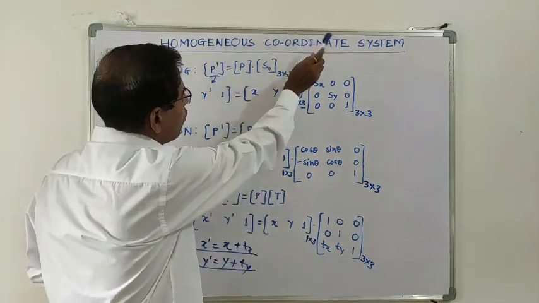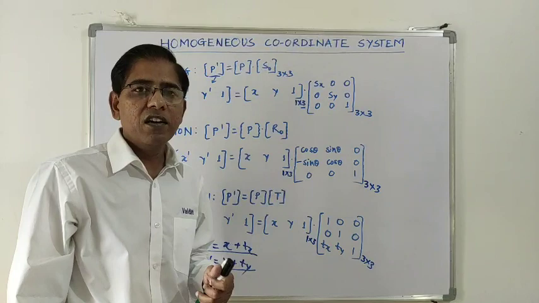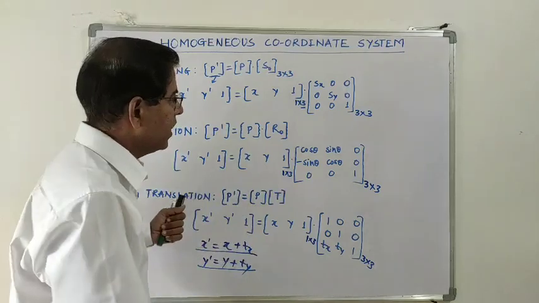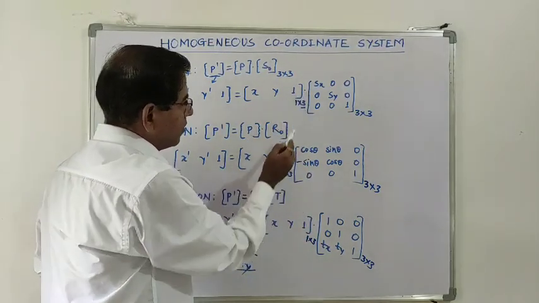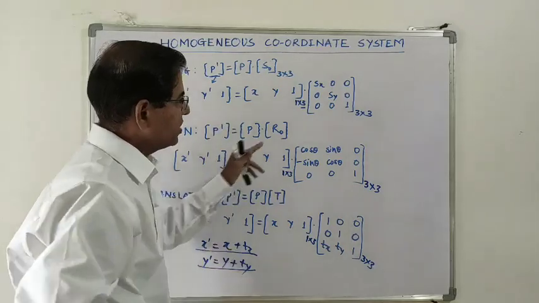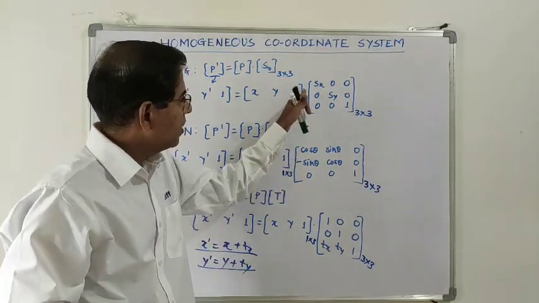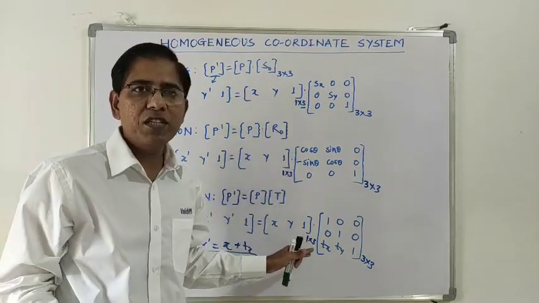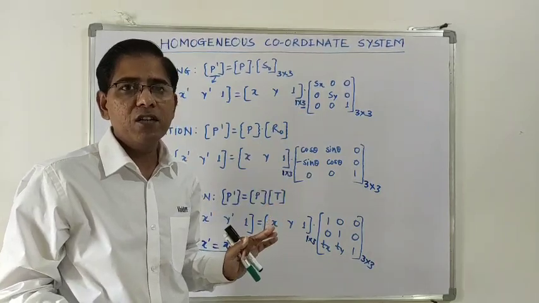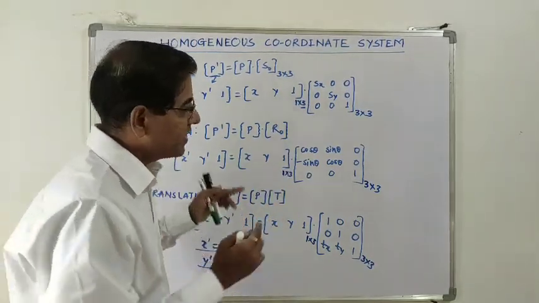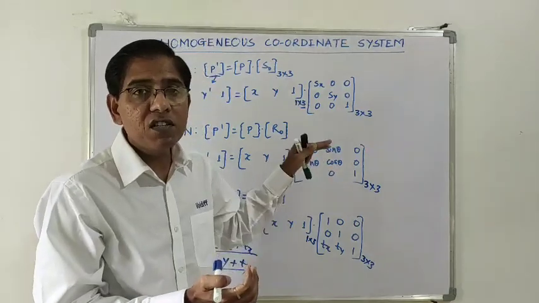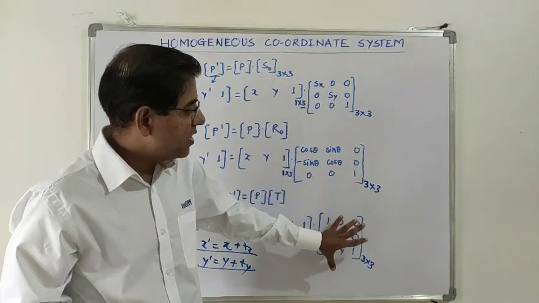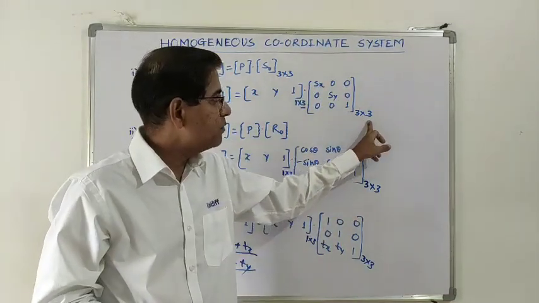So with this homogeneous coordinate system, we have removed the major drawbacks of the previous system, where the transformations are captured sometimes by multiplication, sometimes by addition. So here all the three transformations are captured by matrix multiplication. So the first drawback is removed. The second drawback is the non-uniformity of the size of the matrix. So here you can see that scaling, rotation and translation all have the same size, that is 3 by 3.